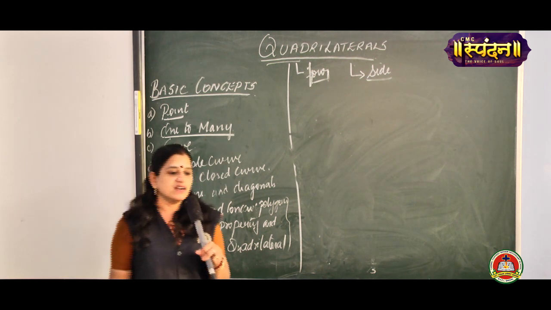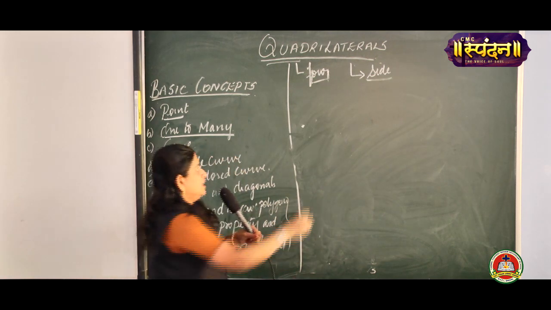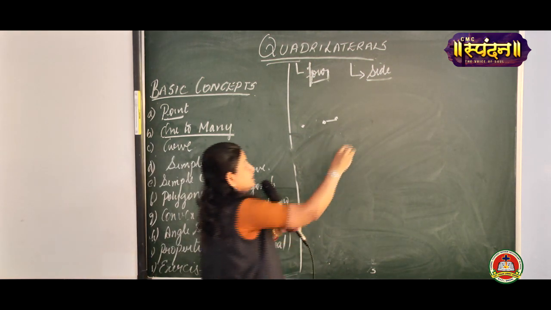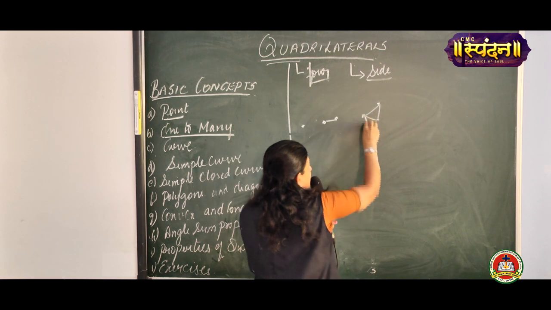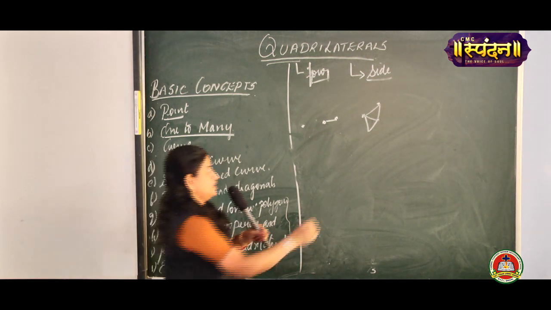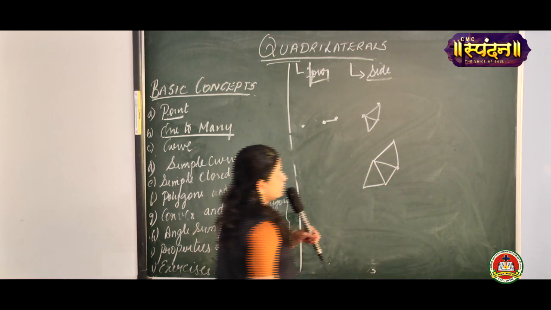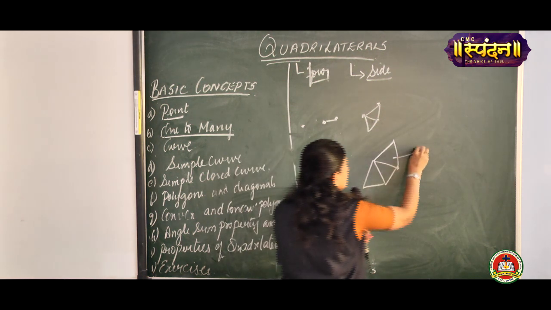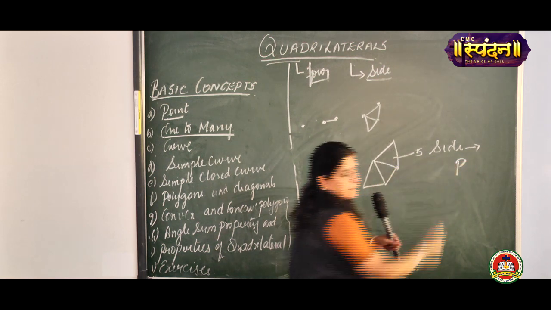What do you mean by one to many? Initially you had 1 point. Next you had 2 points, that is, you got a line segment. Third, you got 3 points, and we get a triangle. So when I join 2 triangles, what do I get? I get a quadrilateral. When I add 1 more triangle, what do I get? I get a pentagon. The 5-sided figure, you call it a pentagon. 5 sides means pentagon.